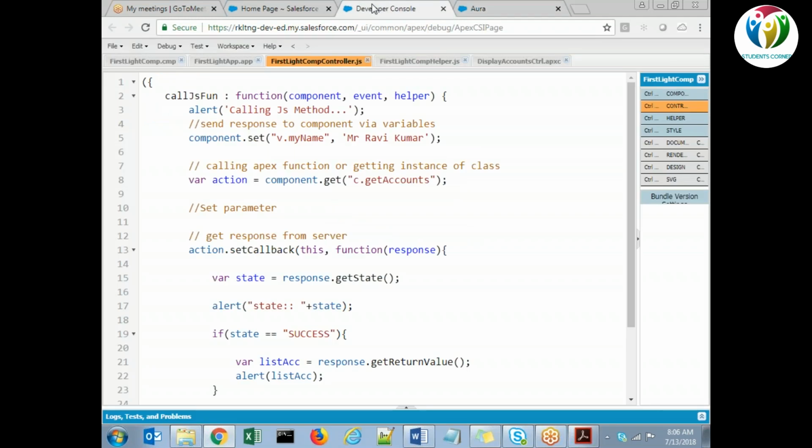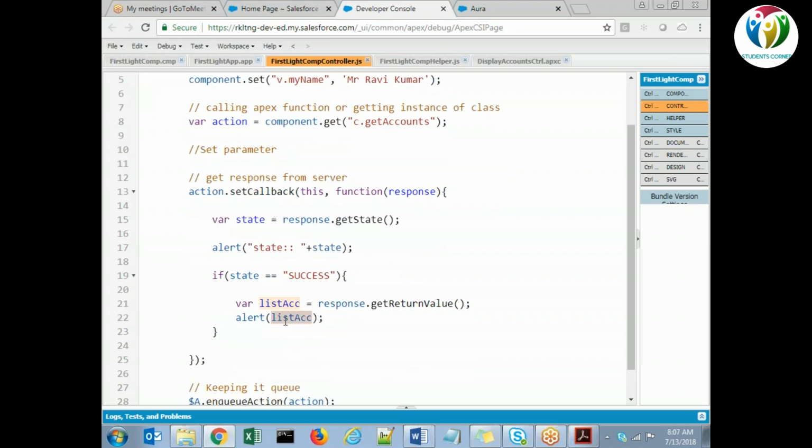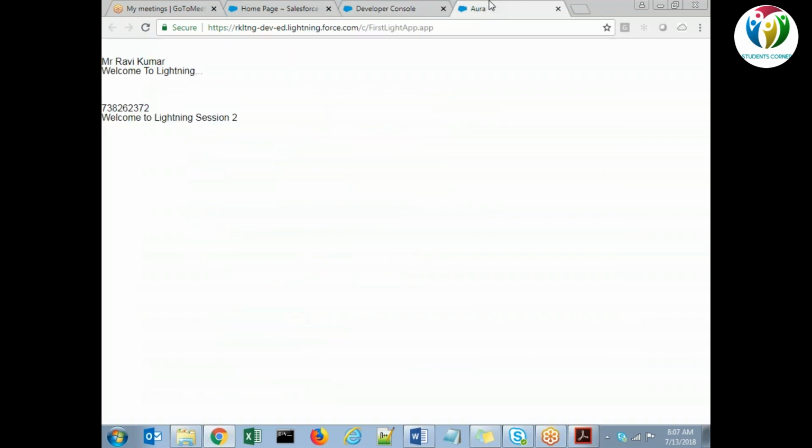Naresh, why would we convert it to a string? Should we not be converting it to a list of sObjects, right? See, basically, to make it readable. Can you read what it is? Will you be able to identify which account it is? No, I understand that. But eventually, to display it properly on this component, we should... On the component we don't need to. I mean, for our purpose, to see it in the alert, we need to do it.